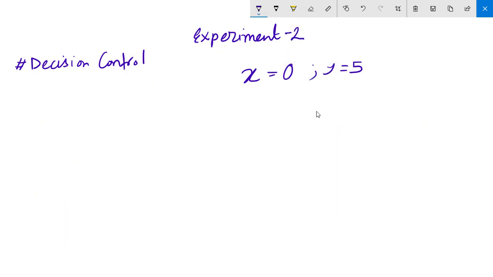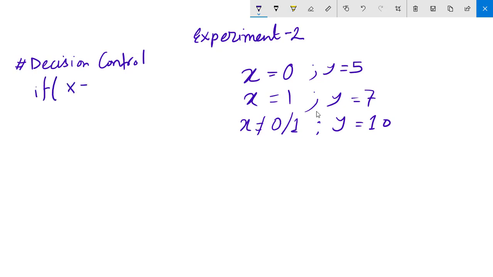Let's say when x is 0, y is 5. When x is 1, y is 7. But when x is not 0 or 1, y is 10. How do we add this? Same structure. If the condition, again don't forget to put equal. Don't put a semicolon here. Then curly braces, our command. As we have another condition here, we just cannot put an else. We have to put else if